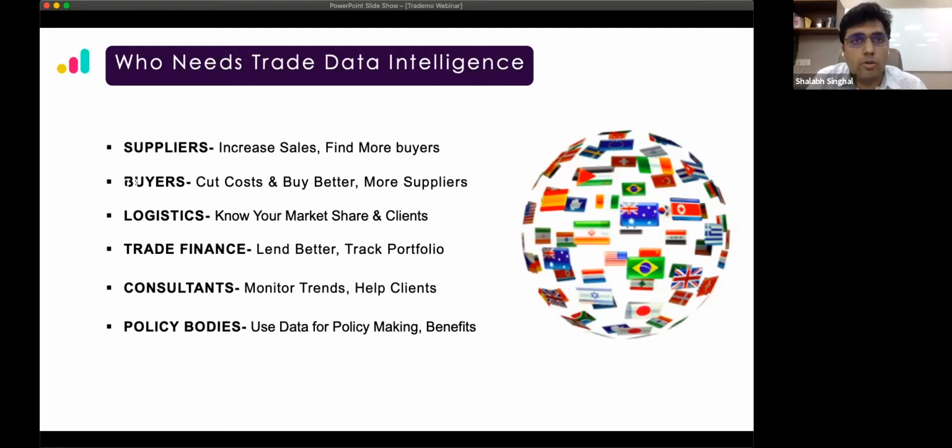Also, the procurement focused consulting companies or global trade compliance related consulting companies have to use this data to better guide their clients through global trade. And then the policy bodies themselves, where we have recently seen examples of governments, when they are making policies, also wanting to look at the actual market transactions which have happened in the past to make better policies and sometimes also to judge the efficacy of their current program.